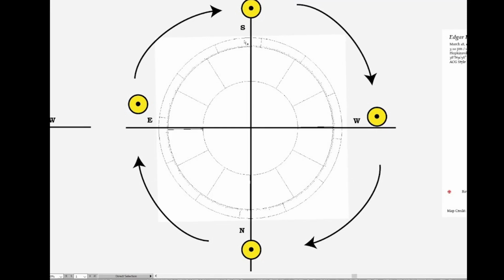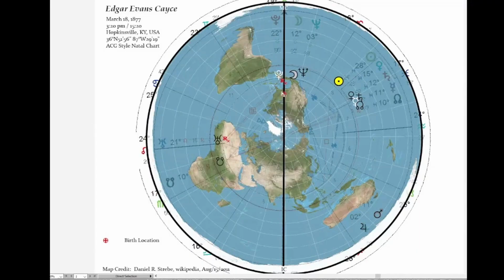when you're looking south, everything behind you is north. So everything on the other side of the world, everything on the other side of the wheel that is not overhead or visible is north. And so we have this cycle here. I have the two overlaid again. Here's Edgar Cayce's chart behind the map, and I've lightened the map a little bit so that you can